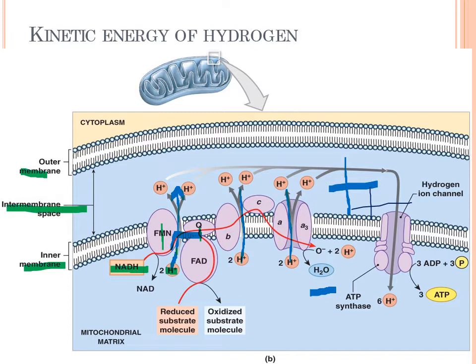And anything that has a concentration gradient or an electrochemical gradient wants to move down that gradient. So the ATP synthase, which is here, is going to open its channel and allow those positively charged hydrogen ions to rush back into the matrix down their electrochemical gradient, releasing energy and therefore converting ADP into ATP.